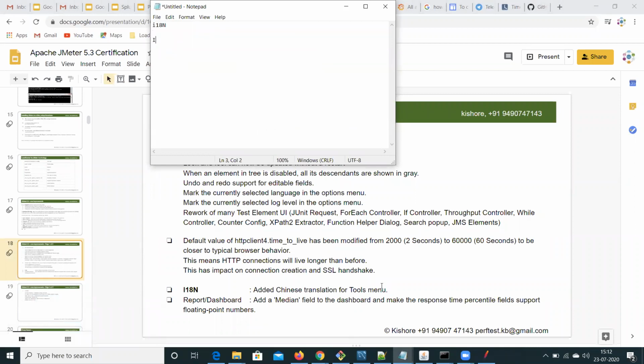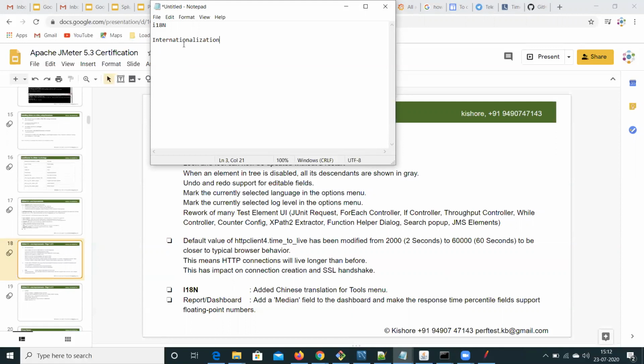I18N represents internationalization. It means suppose any application wants to support foreign languages, most of the international languages. Developers develop separate bundles for each language, and that is called internationalization, to make the website support different countries' languages.